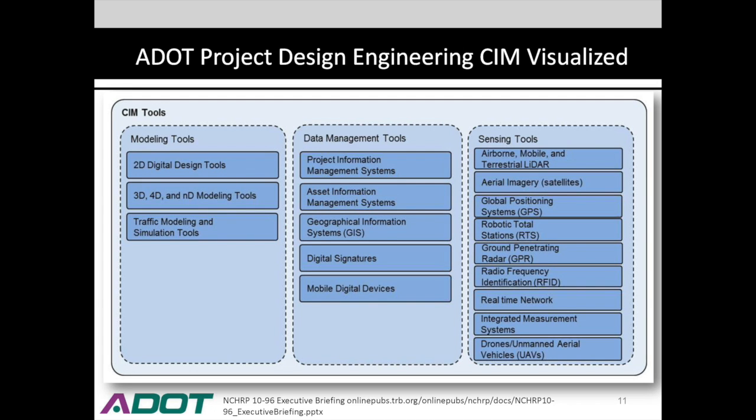So civil integrated management, the areas that we work on at ADOT. If we look at the modeling tools on the left, we're obviously working on all 3. If you look at the data management through the middle, I'll point out for my presentation, it's really the asset management and geographical information systems, GIS, the 2 middle ones. But the big thing is on the right. So airborne, mobile, and terrestrial LiDAR, from a consultant engineering standpoint, those that are on our statewide on-call contracts collect roadway survey data using LiDAR, and they have for a little while. But the idea of us using it in-house for a myriad of asset management, data collection, traditional survey is a